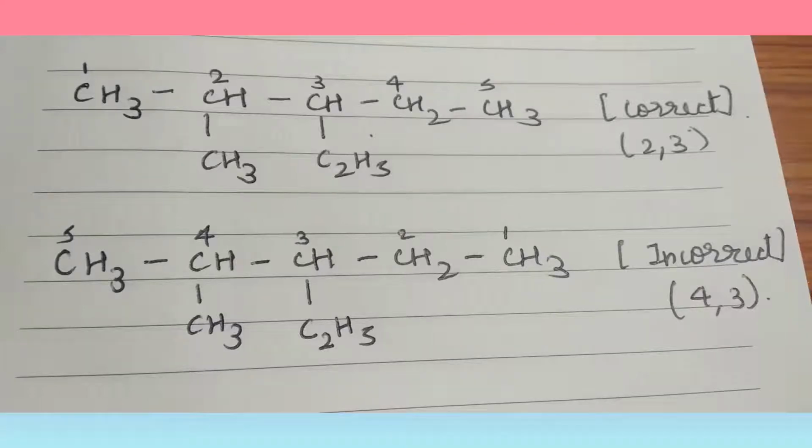So let's take the example of this compound. You can notice that there are 2 substituents on this particular carbon chain. As we all know, these substituent-attached carbons should get the least number. If I allot the locants from left to right, I can notice that the 2 carbon atoms that have the substituents attached get the numbers 2 and 3. That is the least. While if I go from right to left, the carbon atoms get the numbers 3 and 4. And if you take the sum, the first one is 5 and the second one is 7.